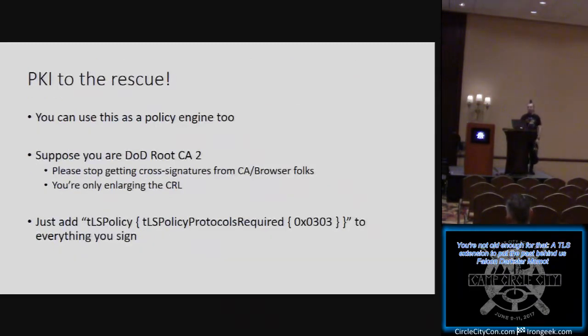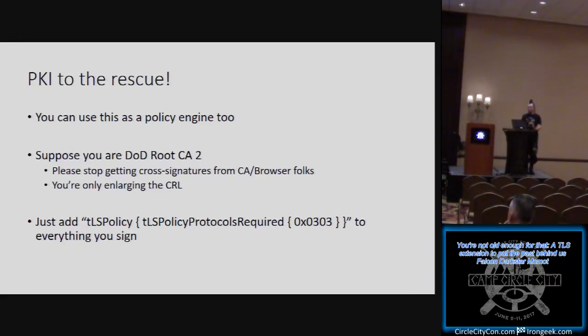So, PKI can help us out with this. If you are DoD Root CA 2, you can simply say, no, if you want a certificate that doesn't assert that you support TLS 1.2, you're going to need some kind of authorization for that. And so suddenly, although you can misconfigure your web server, the fact that it is misconfigured will become obvious because your configuration does not match the rule set that was specified in the certificate. Either you support things that are prohibited or you do not support things that are required, or the negotiation results in the negotiation of something that is prohibited, or the non-negotiation of something that is required and preferred. All of those scenarios encompass the totality of what can go wrong when the TLS negotiation is tampered with.